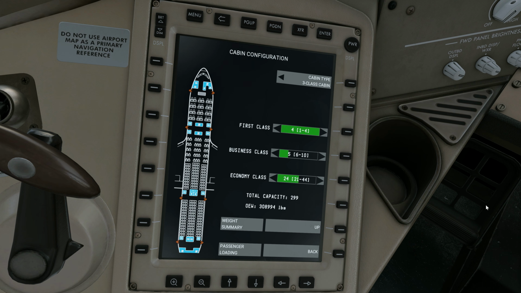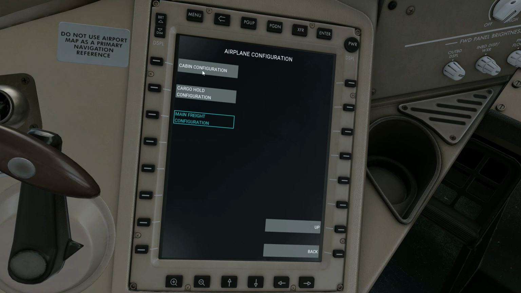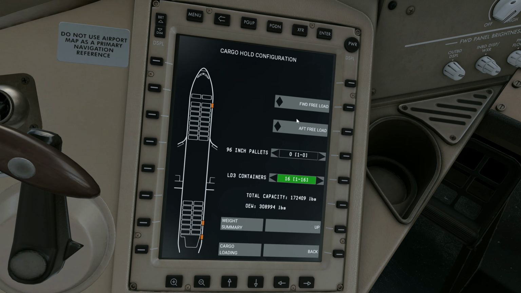Wonderful. Next, we're going to go to our cargo configuration, and here we can choose also different options. We can choose whether we want just the LD3 containers, for example, or if we want freeload on either one or both, or if we want to balance it out a little bit more, if we want only 96-inch pallets, for example, and so on and so forth. We can apply this as much as we want, and depending on how much we change this, you will see